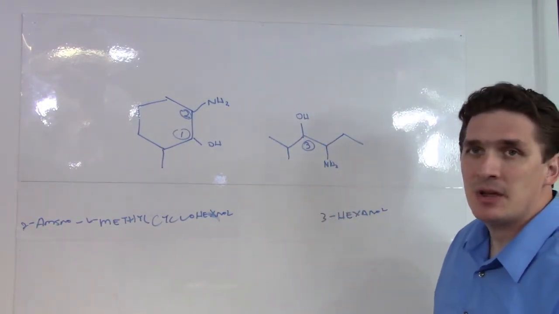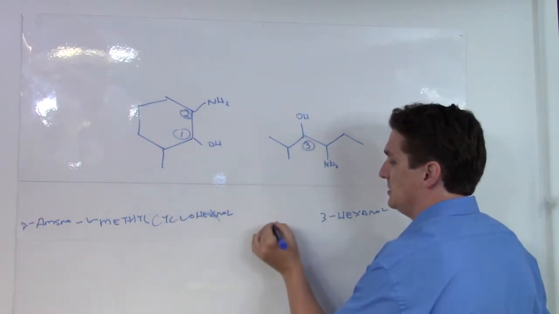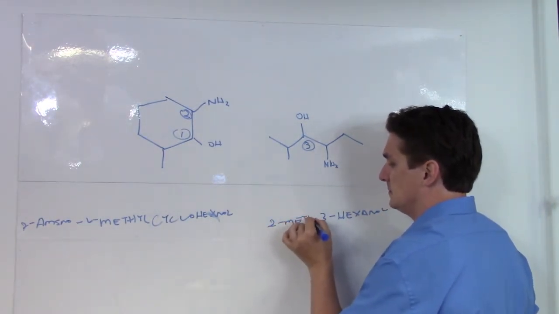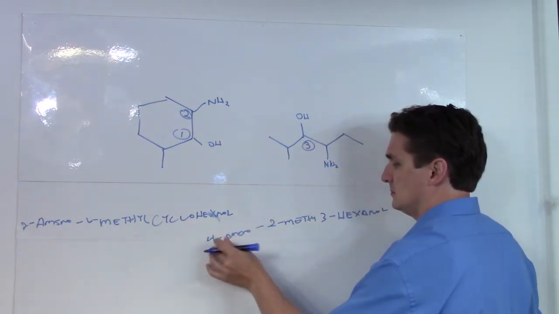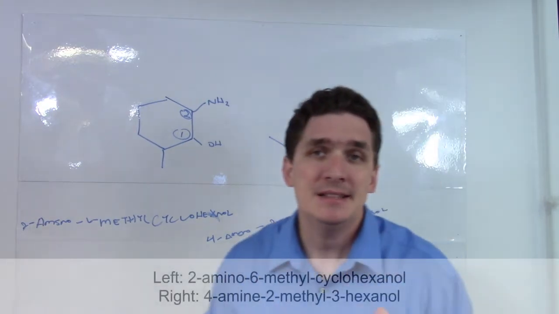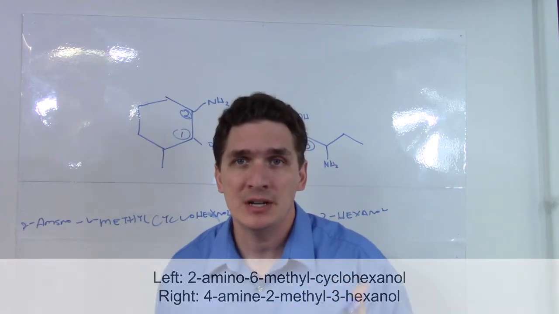In the case of this compound, because our alcohol is specified, we need to specify it with the lowest number of carbon. This ends up being a 2-methyl, 4-amino compound. So again, it's naming alcohols if we do have an alcohol present, and to specify our primary amine here,